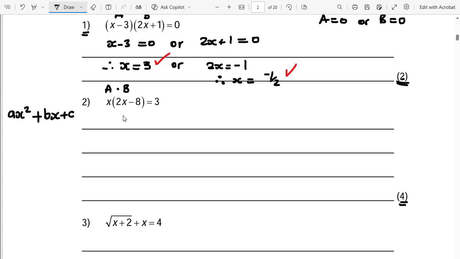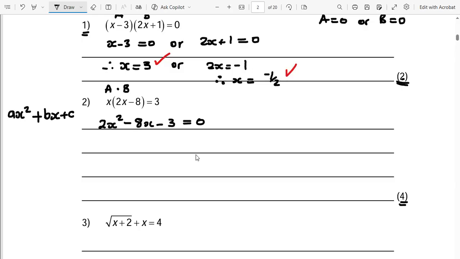I'm going to multiply everything that is inside the bracket by that x, which gives us 2x squared minus 8x. This is equals to 3. How about we just move the 3 to the other side, because we need to put everything on one side. So this will be minus 3. Let's equate everything to 0. Okay, when you look at this question, it's not easy for us to find the factors of 3 that when we multiply or add, they give us the middle term of what? The middle term of 8x. This tells you that this is where you need to use the